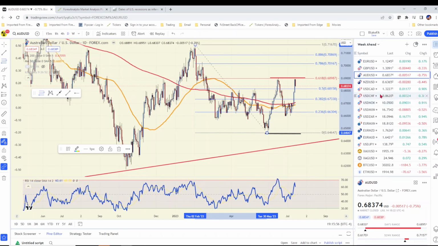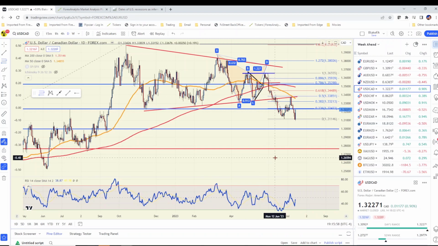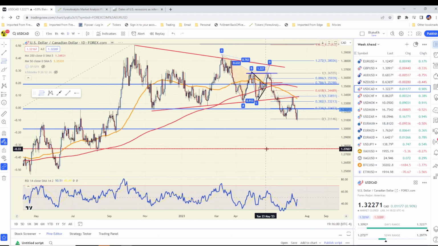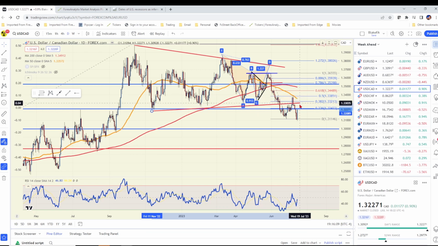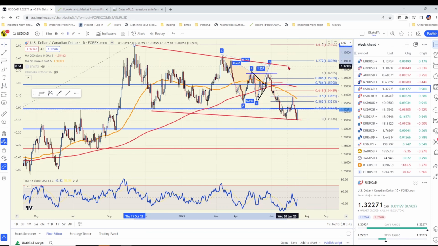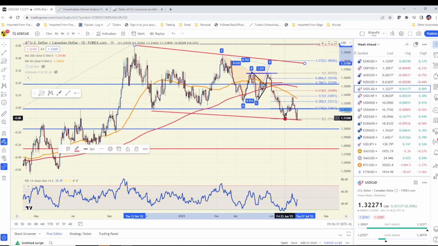Tuesday, we have Canadian CPI. Now, one thing about Canada, I'm going to do a little bit of analysis with you here, since we haven't looked at this chart. These aren't the charts that I use during the week. These are the charts that I use here with you all on the week ahead video. You'll notice that we're in a descending channel, and we basically hit a brand new low and then reversed hard, and we're back at this previous support that acts as current resistance.